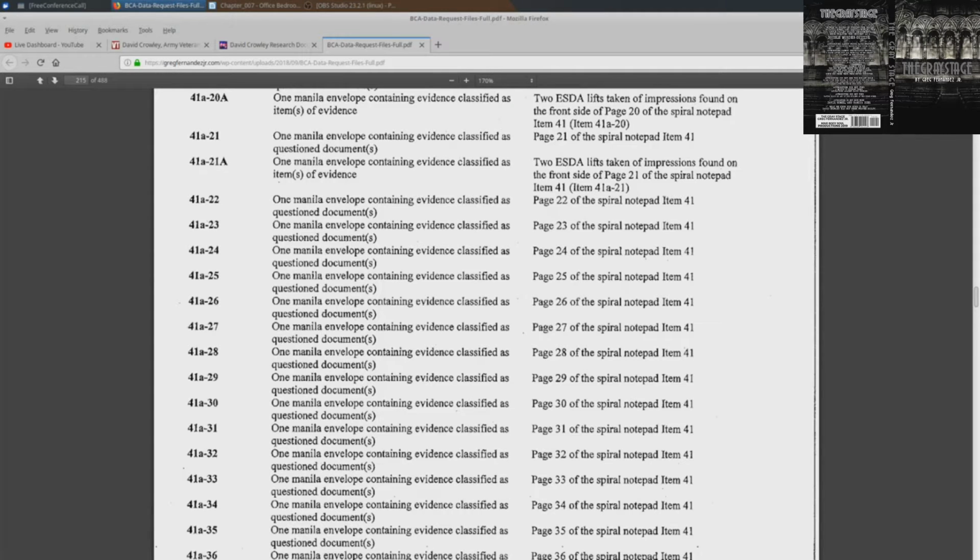And this is exactly why I requested this file from the BCA. And even in this file, I didn't get what I requested.